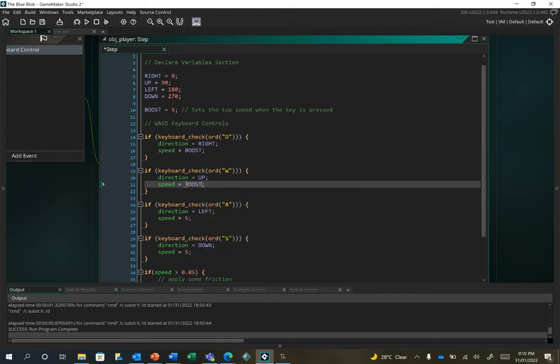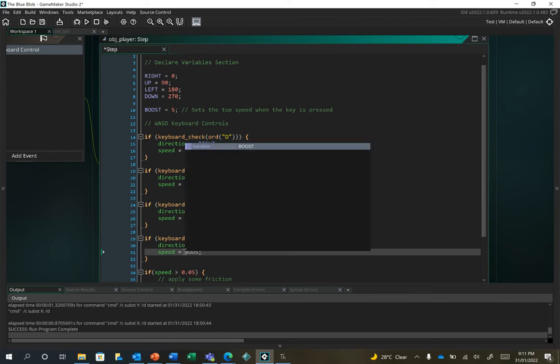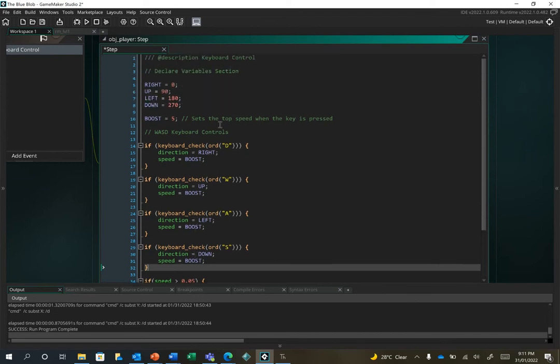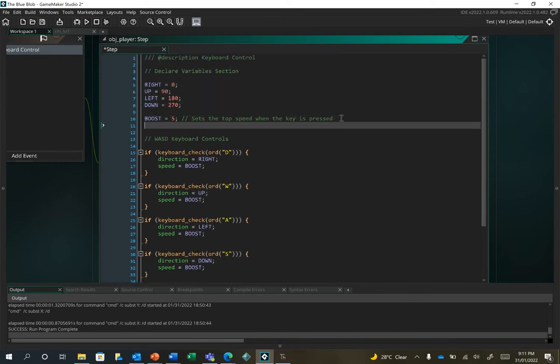Oops. Boost there. And boost there. And boost here. Next number down is this speed here. I'm going to call this min speed, for minimum speed. It makes more sense. Or actually, yeah, no, I'll just call it min speed. I was thinking about calling it something else. And it's 0.05. And this is the slowest the player can move